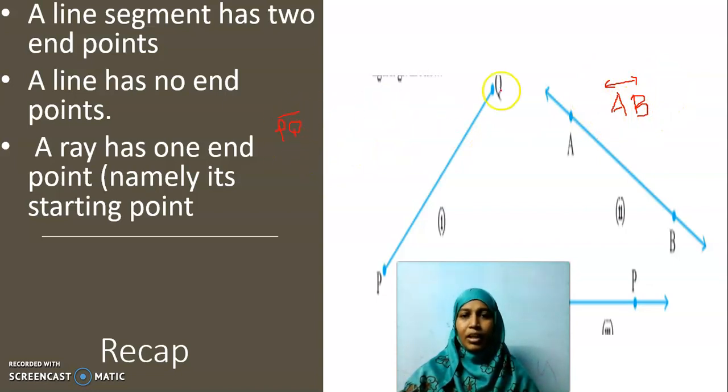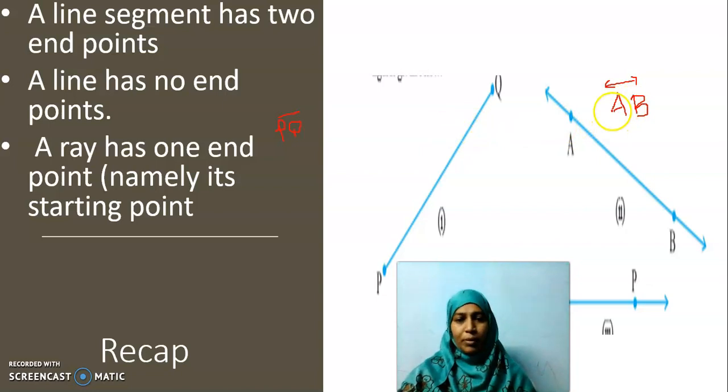This is a line segment and this one is a line. Both are two different concepts. A line segment is part of a line. It's a segment of a line. But a line cannot be a segment of a line segment. You should know to converse in both the ways.